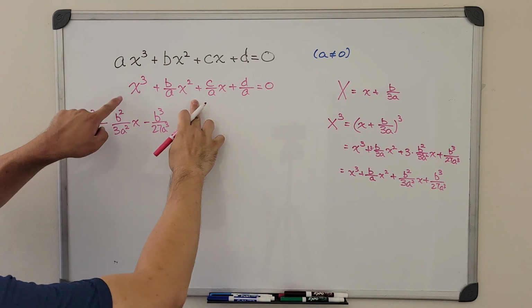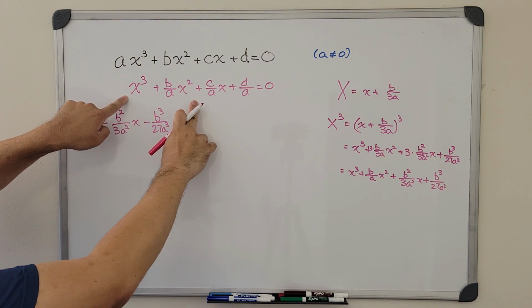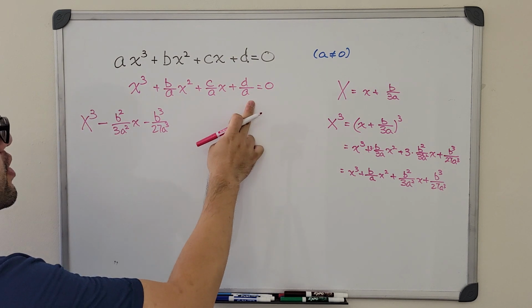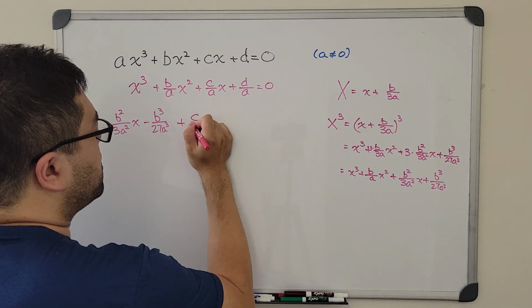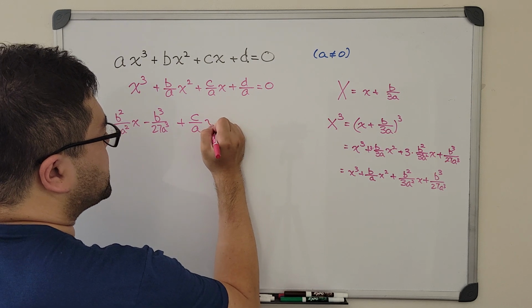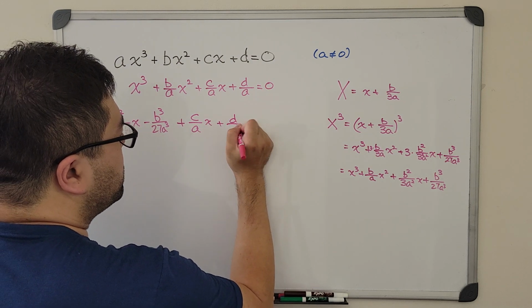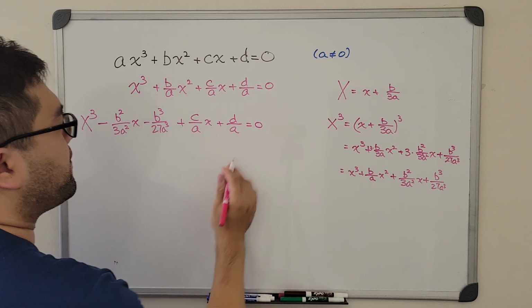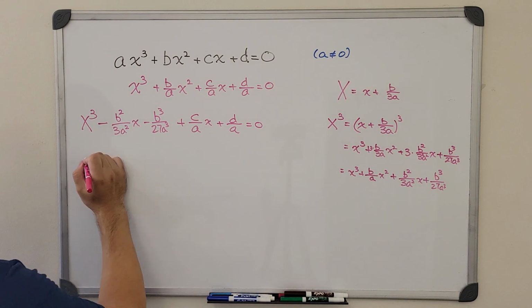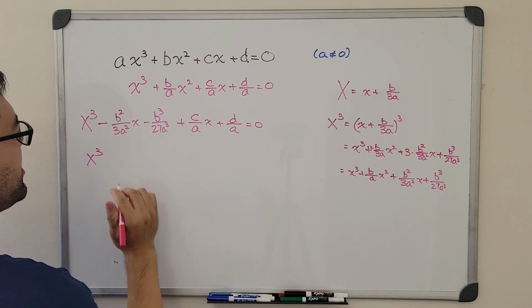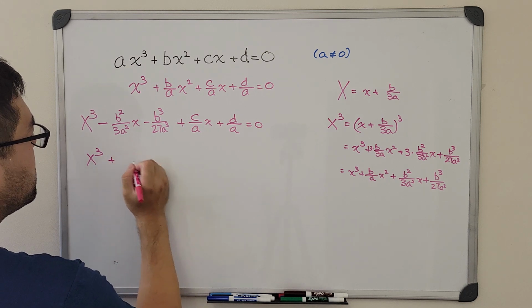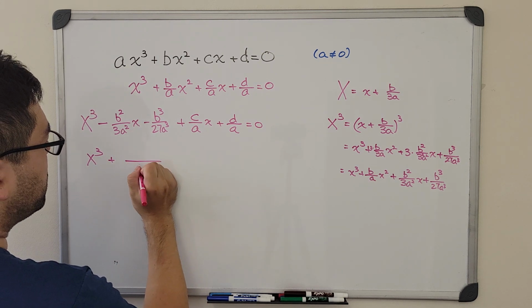Great, so this is how we substitute for the first two terms. So now we still have the third term, c over a times x, plus the last term, which is the constant term, d over a. Then now we need to combine the like terms. If we combine the like terms, we will get,